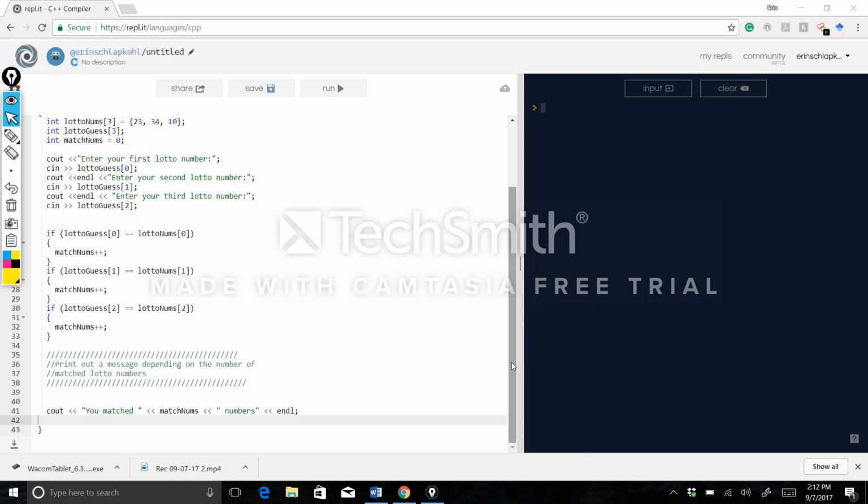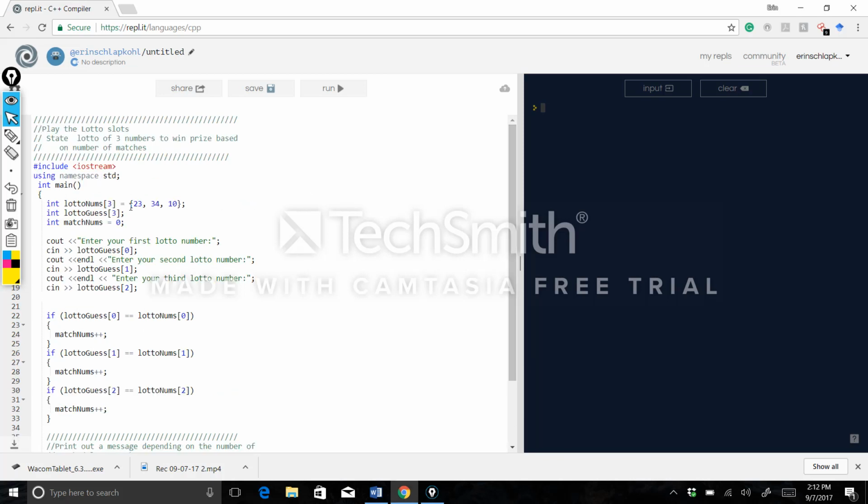Today we're going to continue our decision structures, matching numbers that the user enters to match our lotto. We have a predefined set of numbers that we brute force assigned into our array, and then we have another array where the user will enter 3 guesses. And then I have this variable that will increment depending on how many numbers they get correct. There's 3 numbers in my array, and if they get all 3 numbers, then kazaa, they win the lotto,